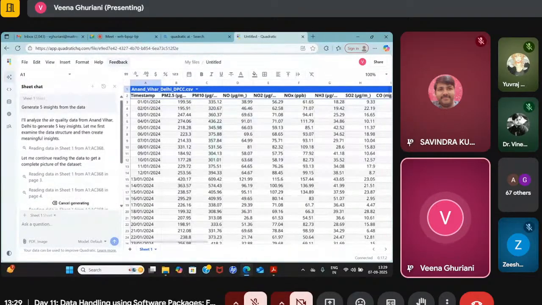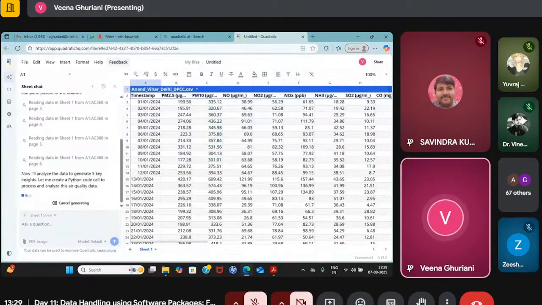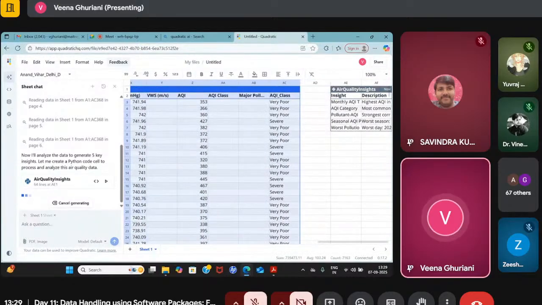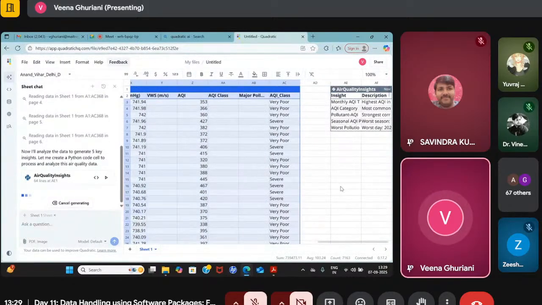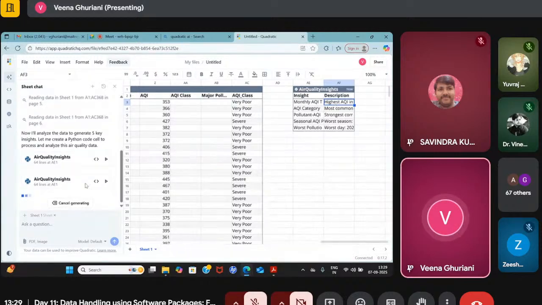Let me just go up and see what it is doing. So it has already started generating the 5 insights. It is taking some time. Yeah, so it is there. You can see the insights it is giving, here are the insights that are given over here. Monthly AQI, highest AQI it is giving, right? And if I'll just see,